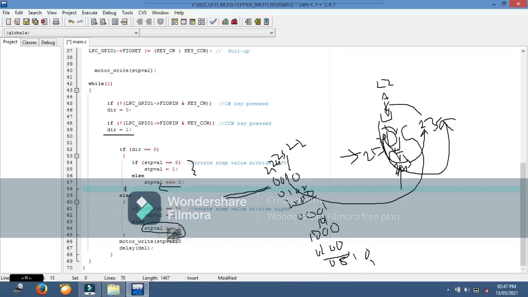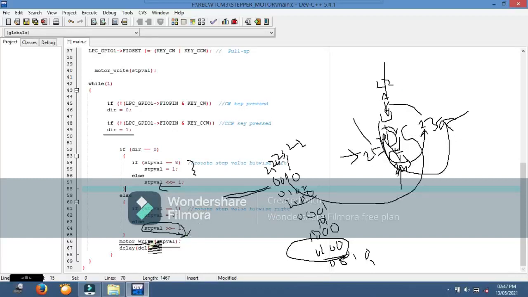See here, step value is actually the variable which we are rotating, but it is not being sent to the port. These values we are actually not sending to the port. These coils are connected to the port: pin 22 of port 1, 23, 24 and 25 of port 1.